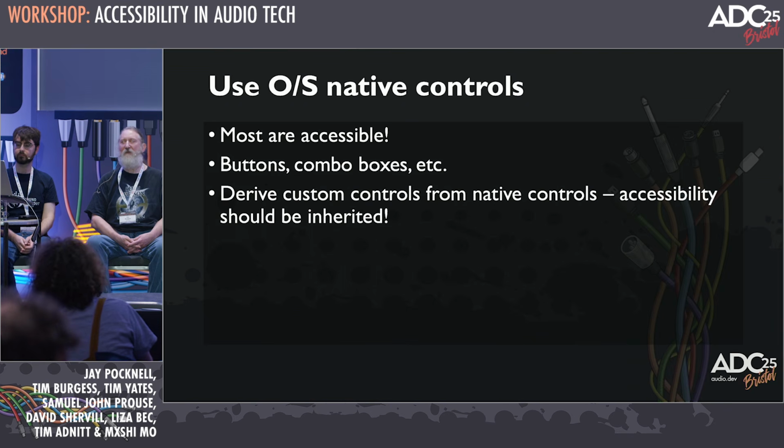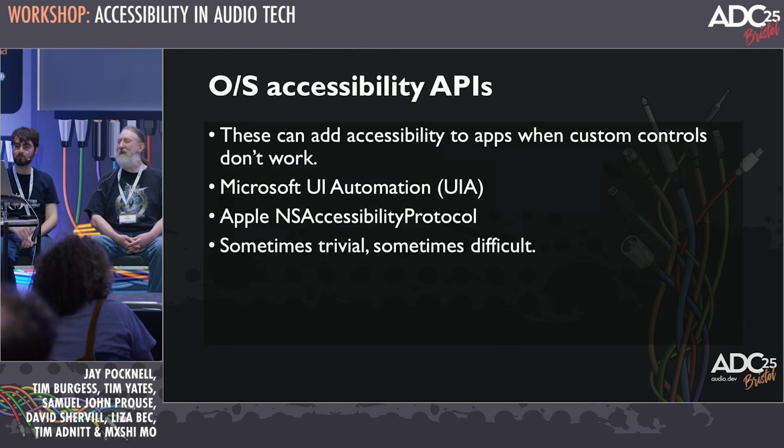As long as you label the thing, it should work out of the box with a screen reader, with a magnifier, with any other accessibility client software. What about if it doesn't work? If it doesn't work, then things get a little bit more tricky. If you're using a framework like JUCE or Qt or wxWidgets, although I don't know of any music software that uses wxWidgets,